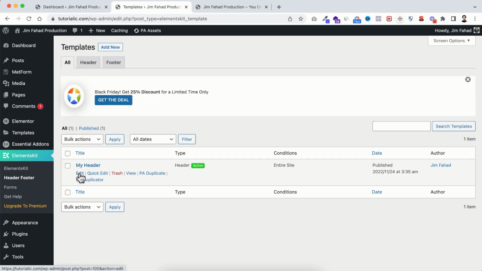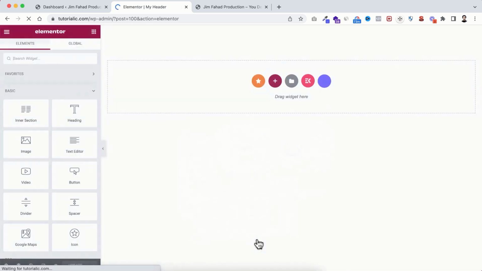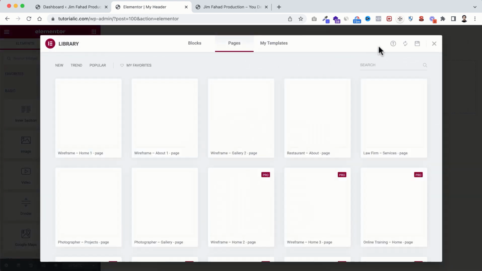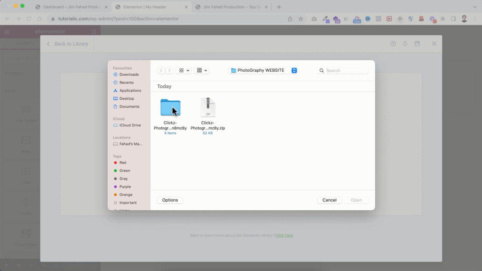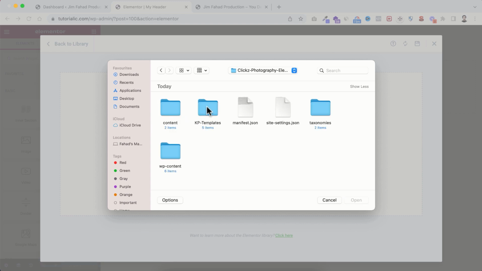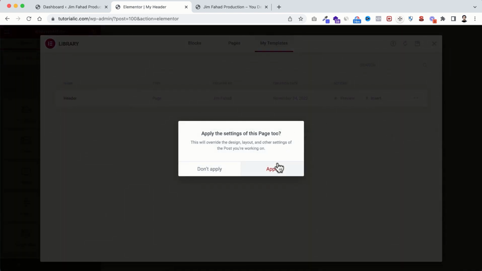Now from this place click on edit, and this time click on edit content button. So now from within the Elementor page builder we need to import the header file. So this time click on this folder icon, and from the right side click on this top arrow icon, then click on select file. Let's go inside the folder we have just unzipped. Now go inside KP templates and let's select the header.json file and open it. So here is our header file. Now click on this green insert button, click on apply,